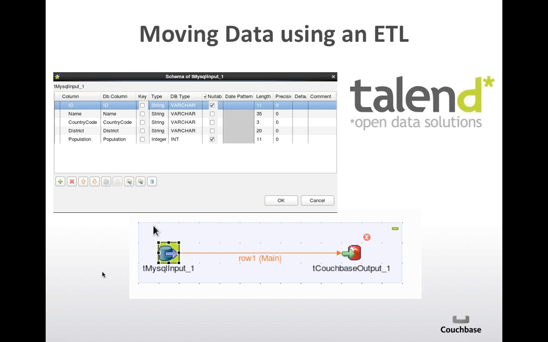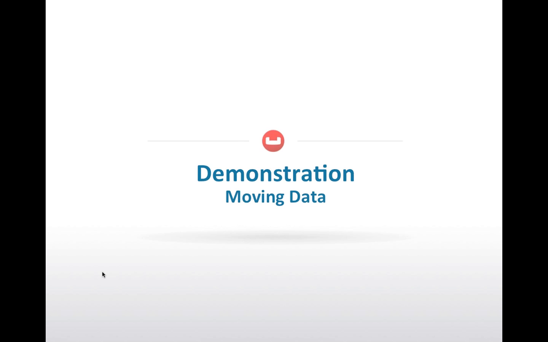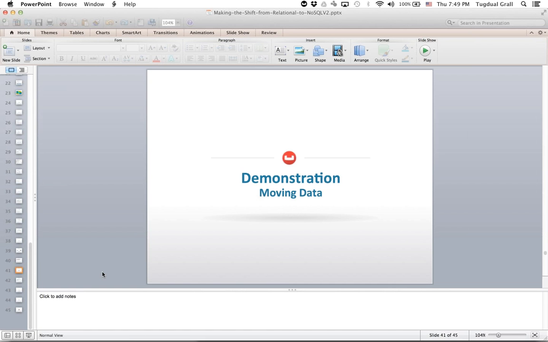One is using Talend. Talend is an open source ETL that allows you to connect to any relational database, but also many other data sources. You can even connect to an SAP system, transform the data, and push it as JSON documents inside Couchbase. You can do that graphically inside their tool, or use a command line tool, for example one written in Java. I will show you both ways of migrating the data. So let's do it.